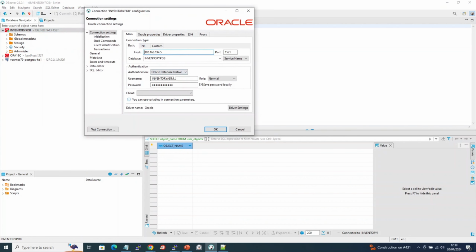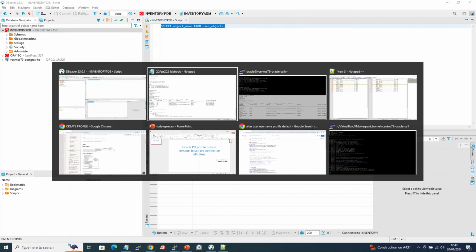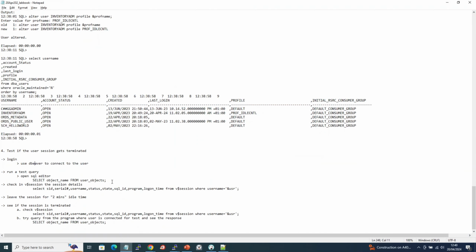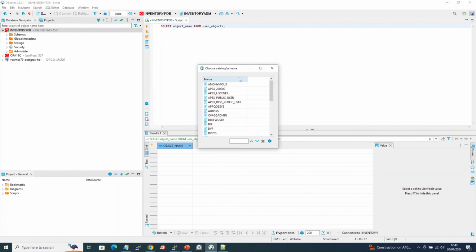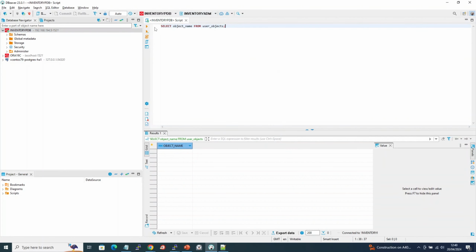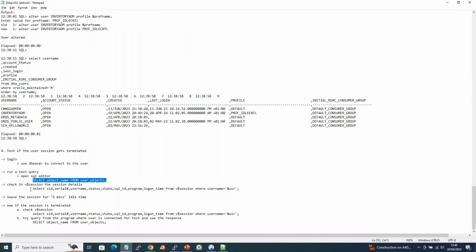But we run this to ensure that we are able to see the connection on the database and that it is also staying active. And because I got the password stored, I was just showing you on screen that I'm really connected using the inventory ADM user. So now we will run the query to get the session into active state. You see, it's now returning fine, but after the session is killed, you will see an error, a weird error,